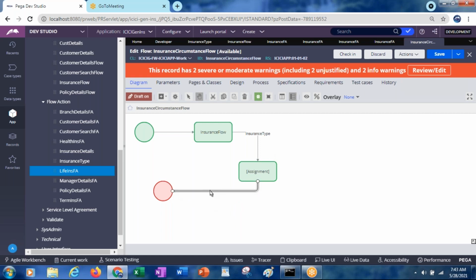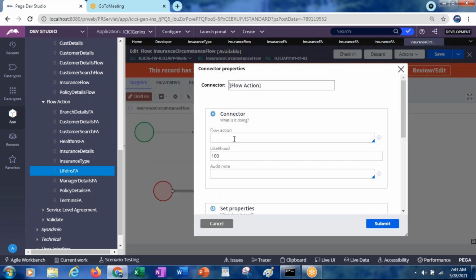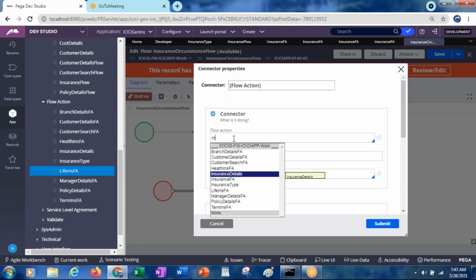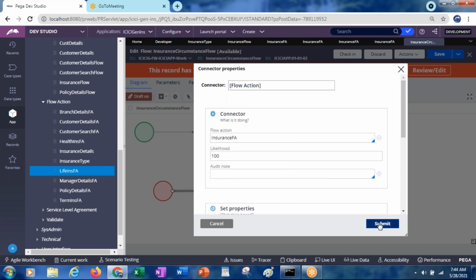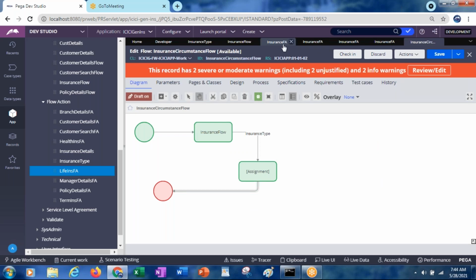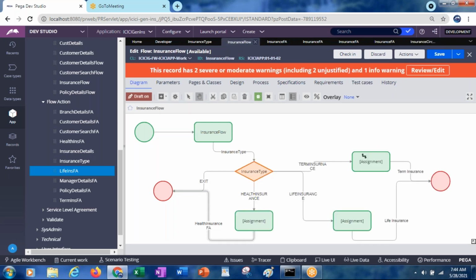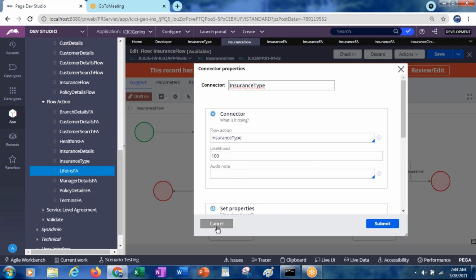Now from this assignment, then selection, submit. This is referring to what? Insurance type.